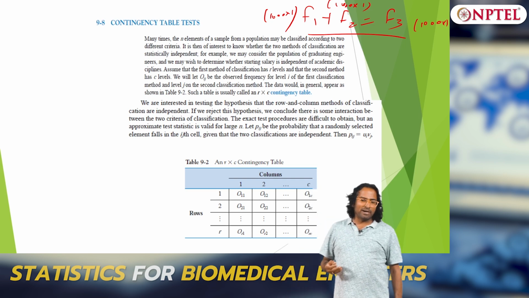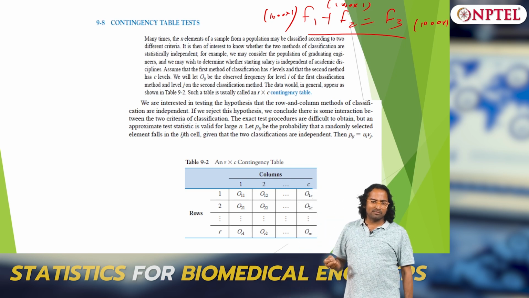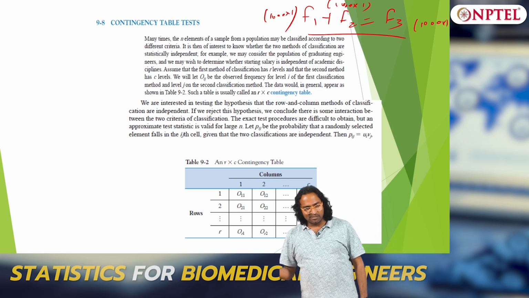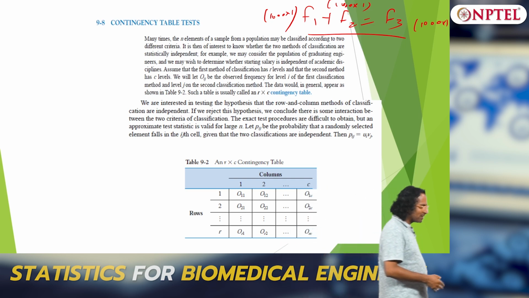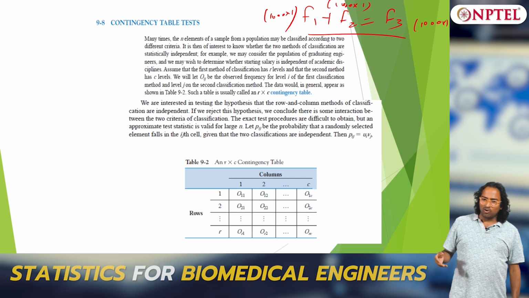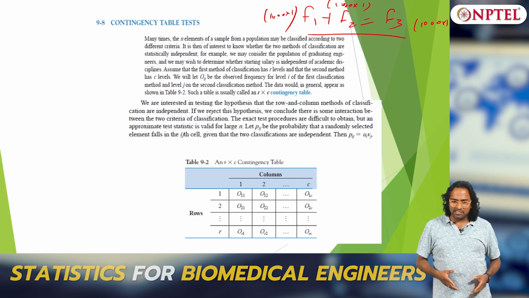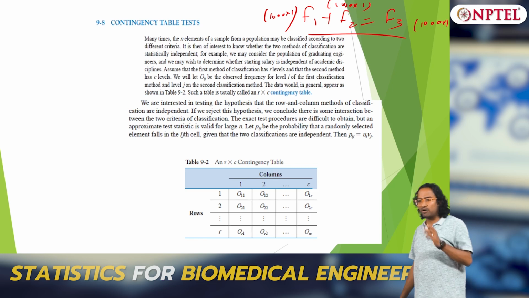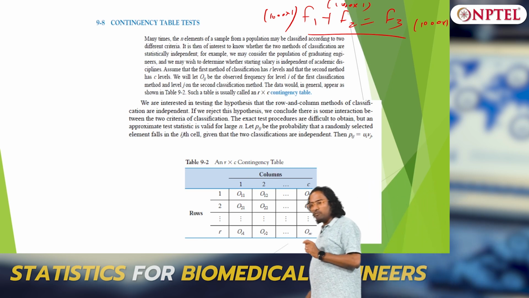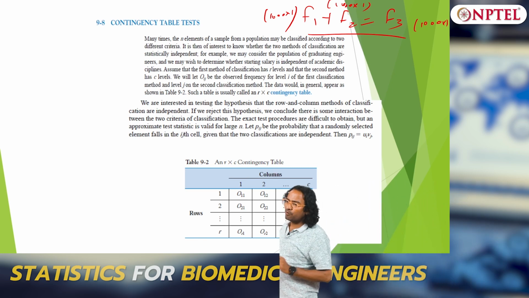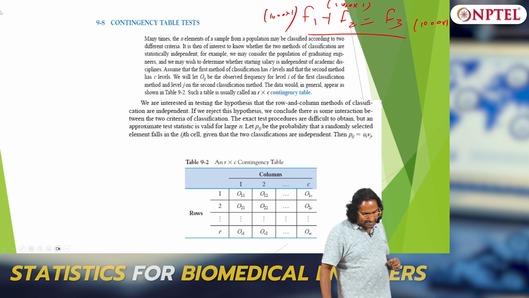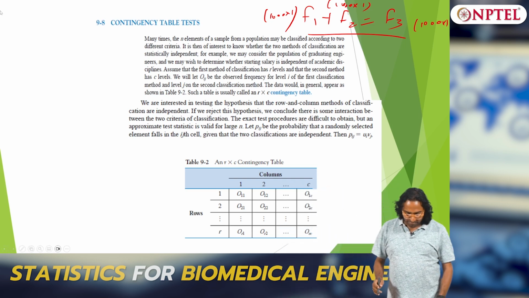So independency is a very important property, whether in your feature extraction, in data storage, or in further processing, whether in how I use these relationships. Is there any relationship, modeling, this independency is a very, very important concept. And what we are going to learn is the test for independency, that is also called the contingency table.